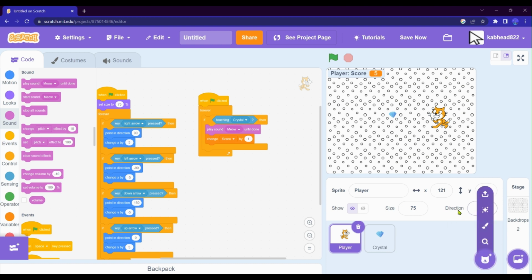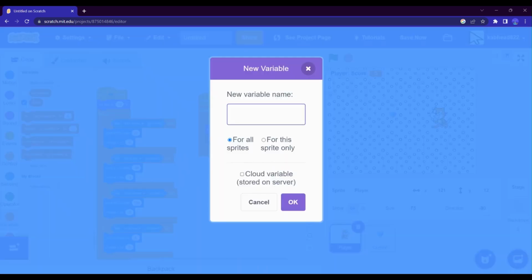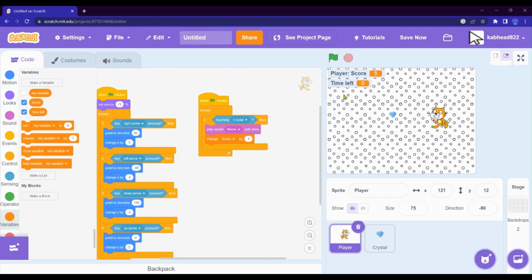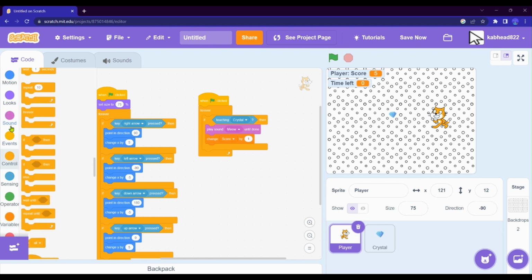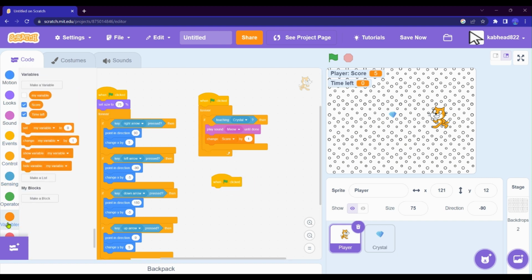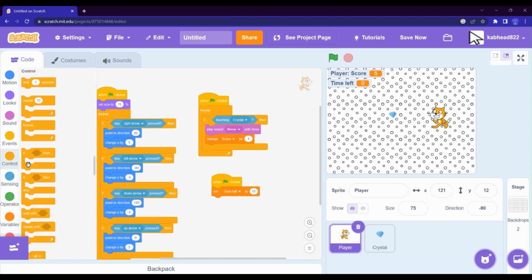Now we are going to be adding a timer. So we are also going to make another variable called time left, for all sprites. When we click, set time left to how many seconds you want. I'm going to do 15, and then forever